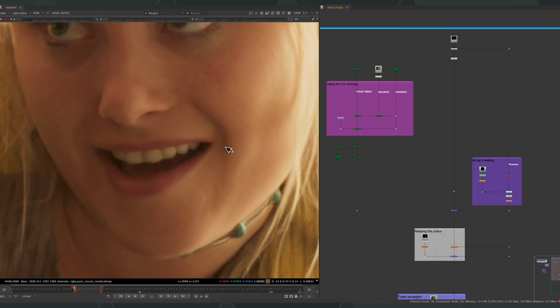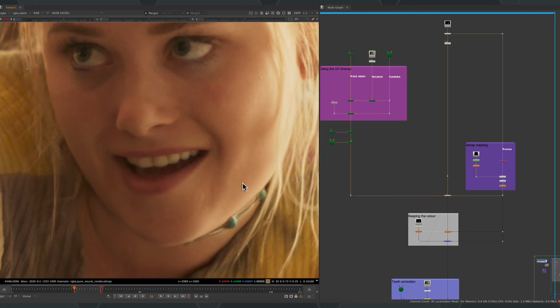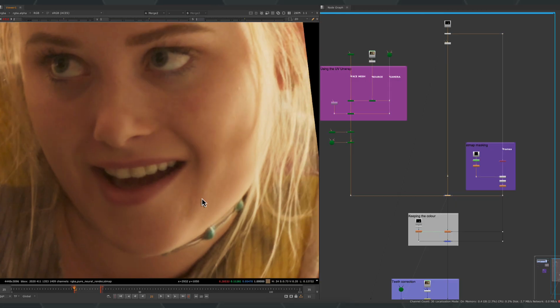So, because we've just unwrapped that texture from the face and whacked it back on, one unintended consequence might be that we're taking some color information from the plate and putting this onto our render that we might not want. In more dynamic lighting situations, the Deep Editor outputs will adapt depending on the facial expression. Someone who's puckering, for example, might catch light that's above them, and someone who's not puckering might not catch that light. So if we're changing the facial expression, we're not really going to be wanting to change the color from